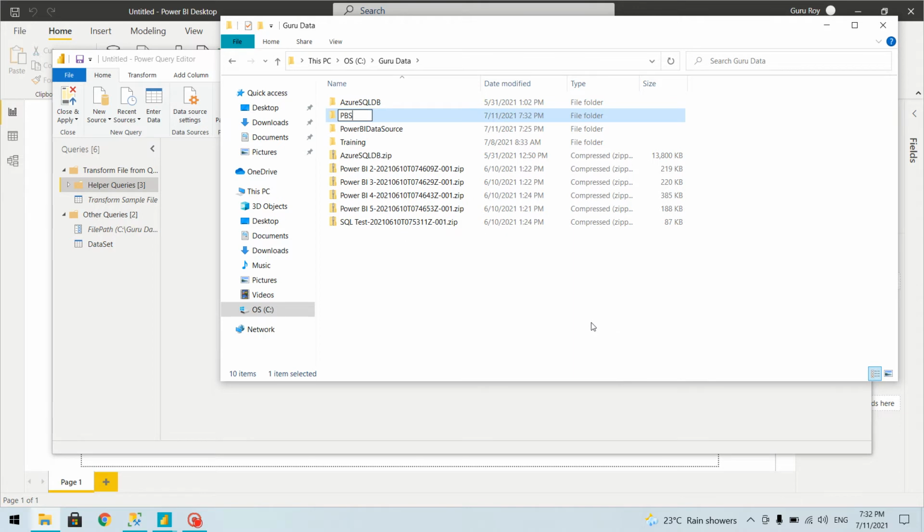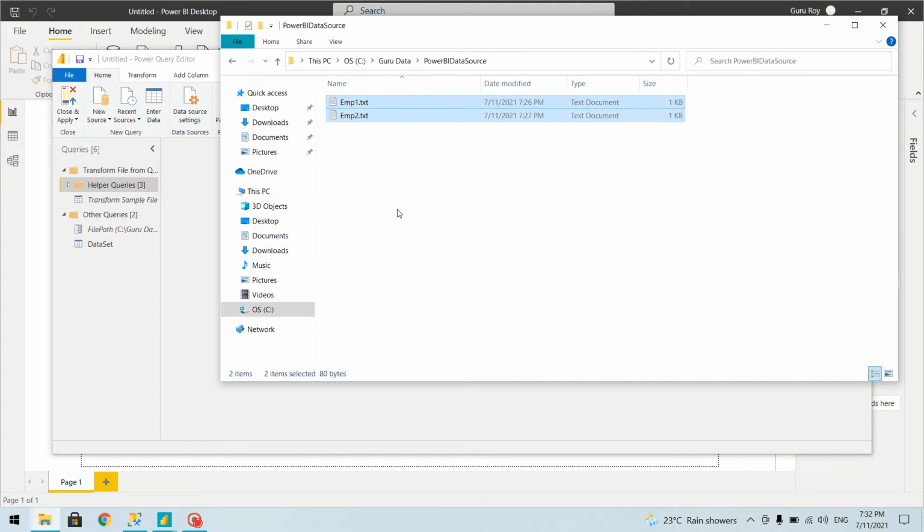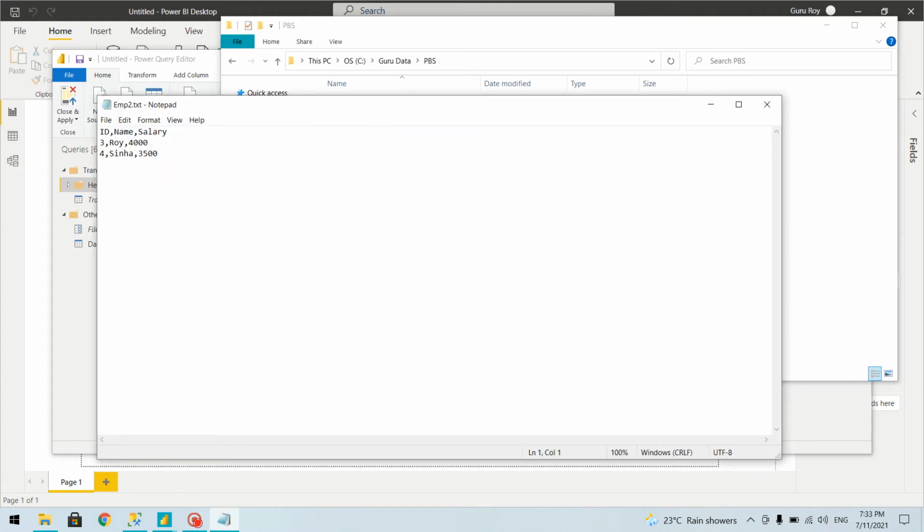We'll name it PBS and we'll copy this data into PBS, and we'll add one more file. Let's name it mp3, and instead of 3 4, let's make it 5 and 6, and we'll change the name.